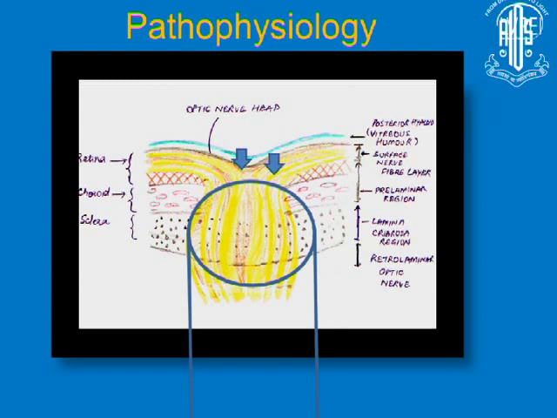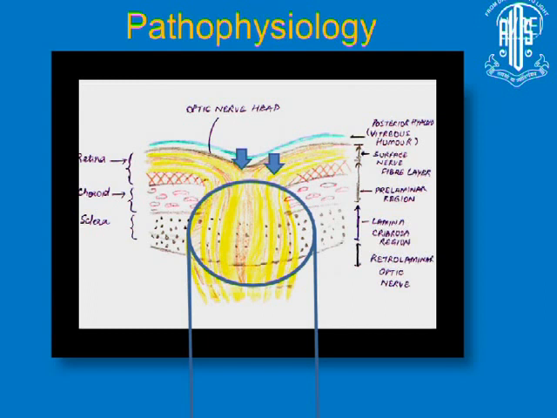There is an active process through which the axoplasmic fluid is passing from the retinal side towards the lateral geniculate body. Outside the eyeball, the optic nerve is surrounded by the sheath which contains the CSF. So if there is a raised ICT, that will compress the optic nerve. By compressing the optic nerve, there will be a compression of the axoplasmic flow,